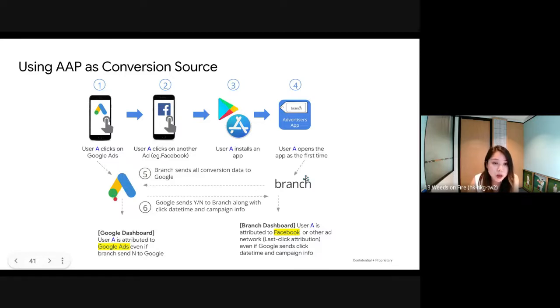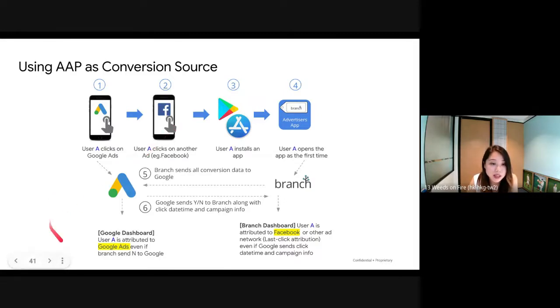From Google, of course, we know about this click, date, time, and campaign info after user A clicks on the Google Ad. And so Google will be able to send that yes or no signal to Branch along with the click, date, time, and campaign info. So sometimes in those MMP reports, user A will be attributed to Facebook because usually they use last click attribution, even if Google sends them the click date, time, and campaign info.